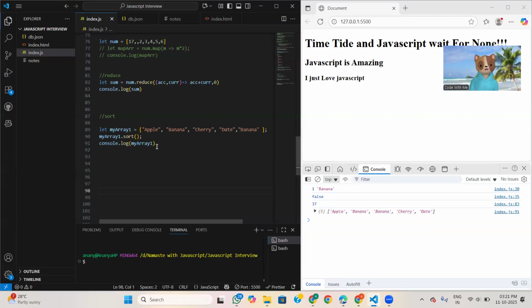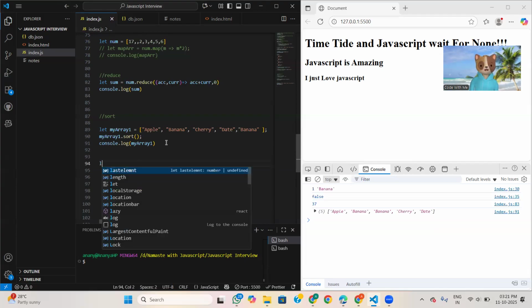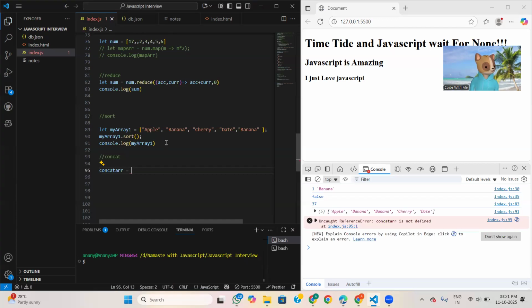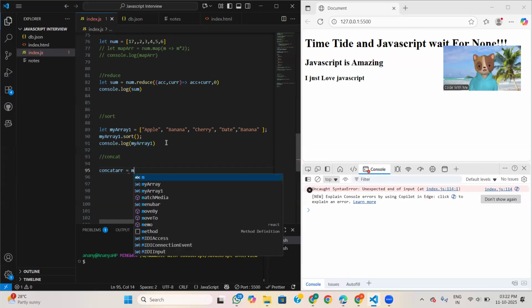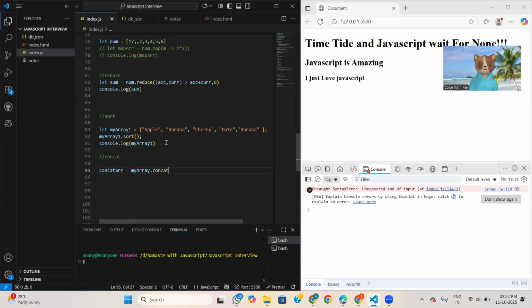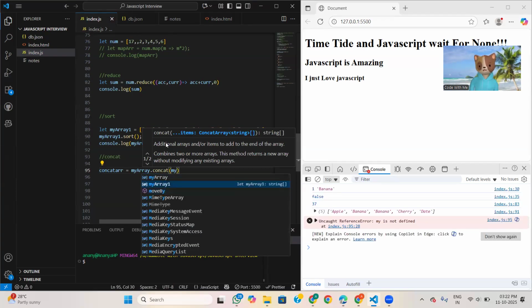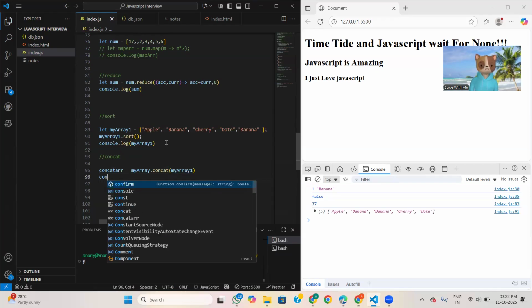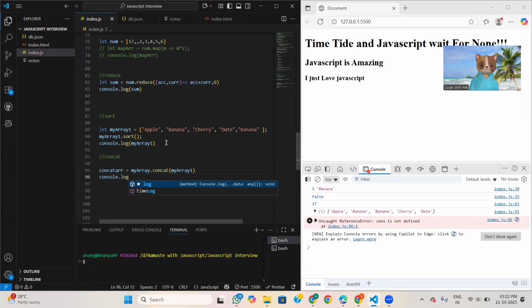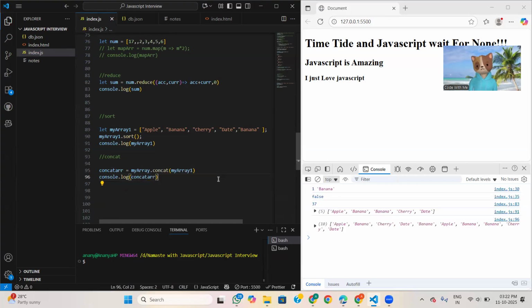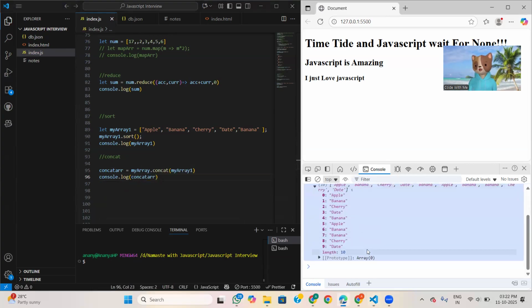Like if we want to add array 1, like okay, let concat array is equal to, if we have to concat then like my array dot concat my array 1. See, and it concats the whole array.